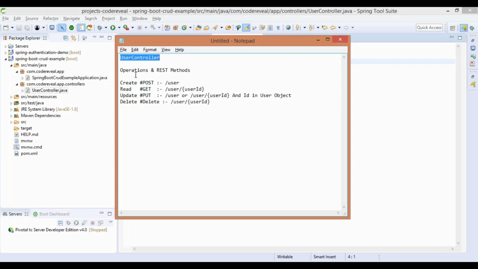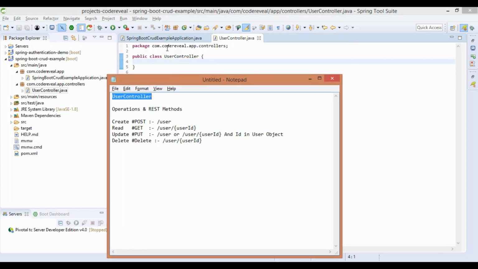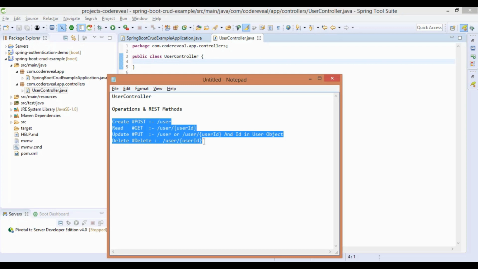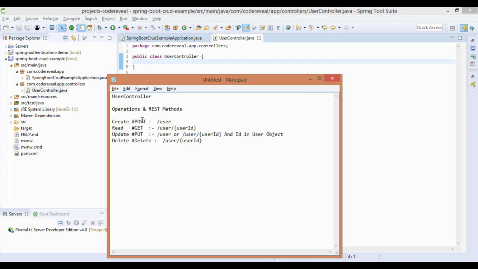Below are the create, read, update and delete operations, and with respect to each operation, the applicable method is also defined. For create there will be a POST request, for read GET, for update PUT, and for delete the DELETE request. And also these are the API URLs that map to these operations.